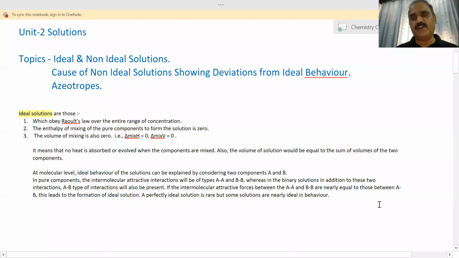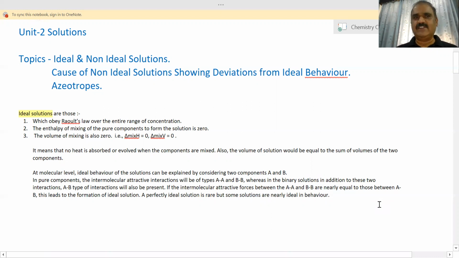Then we also learned about the solubility of solute in solvent. Then you learned Henry's law, okay? And we discussed various other situations also, solubility of a solid in liquid, liquid in liquid, then gas in liquid, then temperature, pressure, like factors which affect solubility. Now let us go ahead.